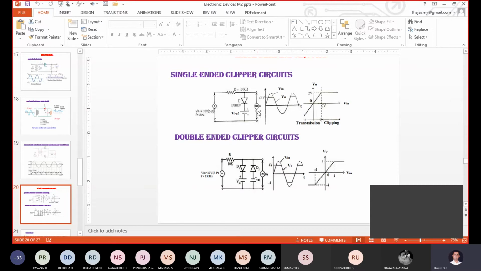What is the value of V naught? What is your required position? 2 volt. So 2 minus VD. The VD value, the cut-in voltage of the silicon diode, will be 0.6. 2 minus 0.6, what about V reference? 1.4. That's all. When you keep V reference equal to 1.4, up to 2 volt it will allow the signal, correct? Once the supply signal increases beyond this limit, it will be removed. Or otherwise you can calculate easily.